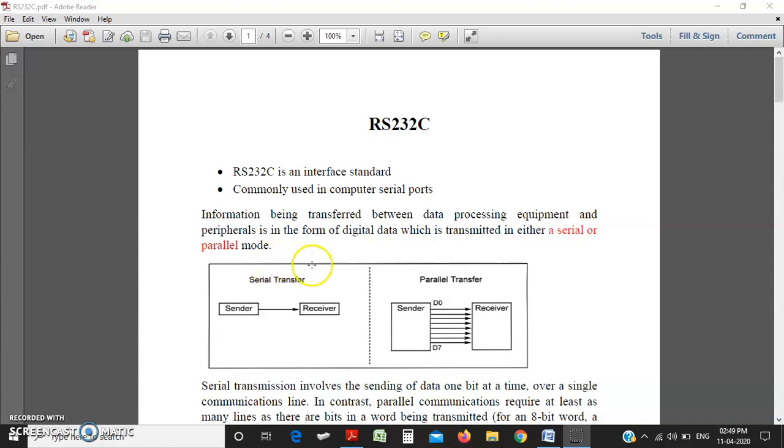In serial transfer, the sender and receiver have only one channel and the sender can send only one bit at a time to the receiver. But in parallel transfer, the sender and receiver have multiple channels and the sender can send multiple bits at a time to the receiver.